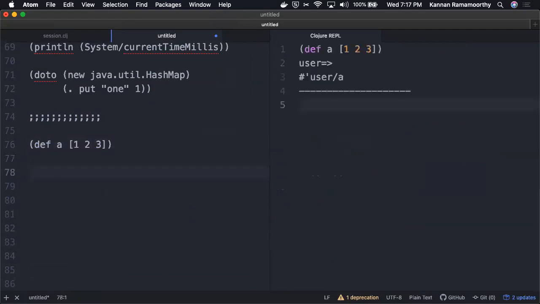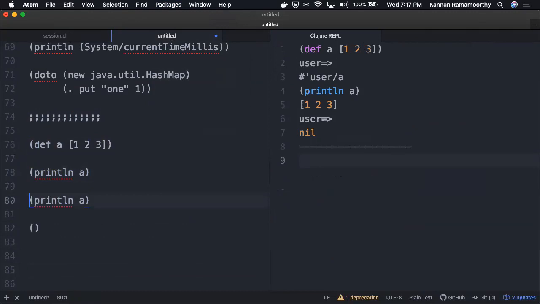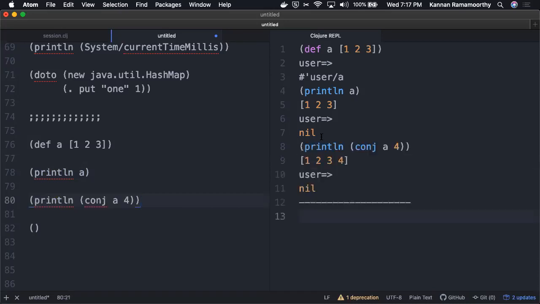As you see on the right, A got created, and I'm printing A. As you see here, A has elements 1, 2, and 3. Now I'm appending element 4 to A. As you see on the right, 4 got appended to A.